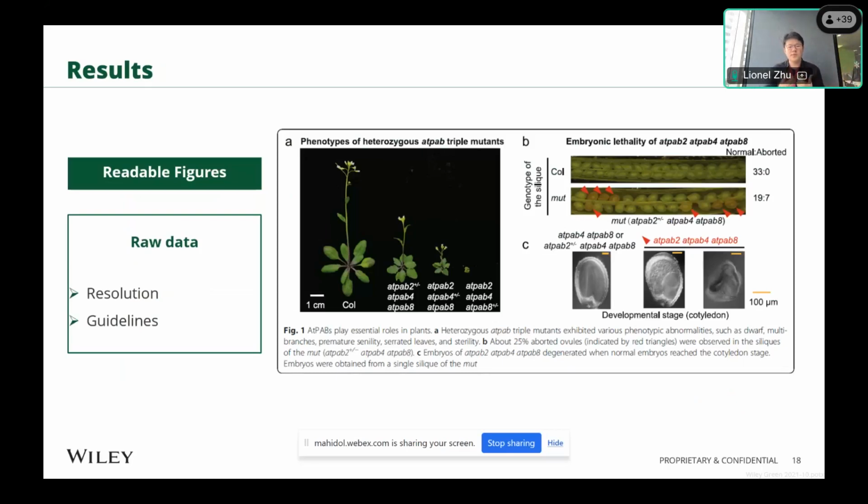So my point is, if you have figures presented in scientific papers, firstly, you need to keep research integrity and all the ethical issues, because that's the baseline in the publishing world. Secondly, whatever experiments you are doing, you need to keep all the raw data, and you can submit the